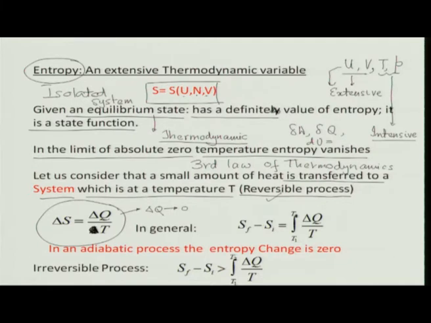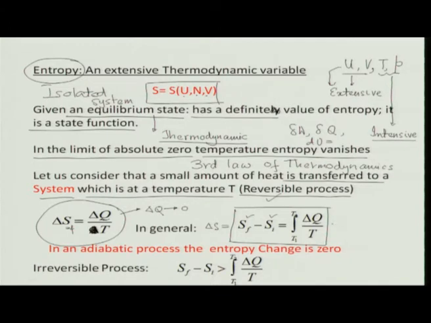But in general, I can have heat exchange which takes the system from T1 to T2, then the expression for the change in entropy will be like this: S_F minus S_I, the final value minus the initial value, which refers to the change, but this is a finite process, whereas this was an infinitesimal process, but both reversible. This is the expression: the integral of delta Q over T from T1 to T2.